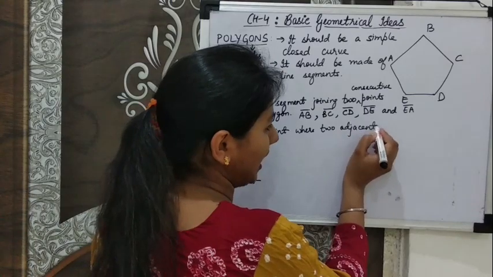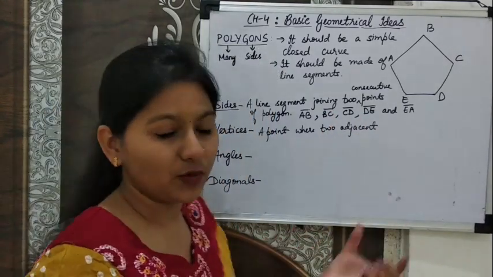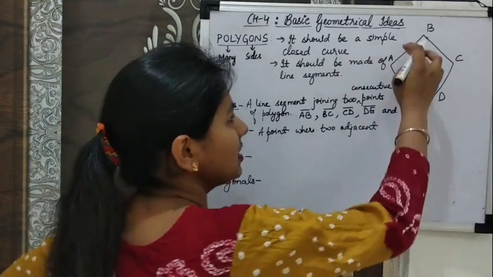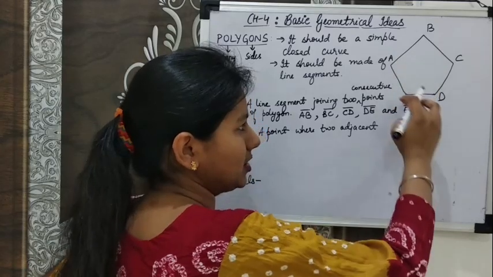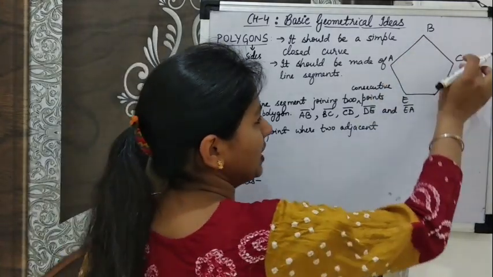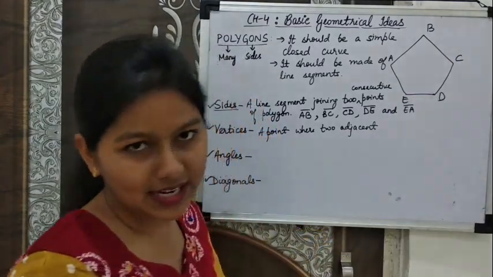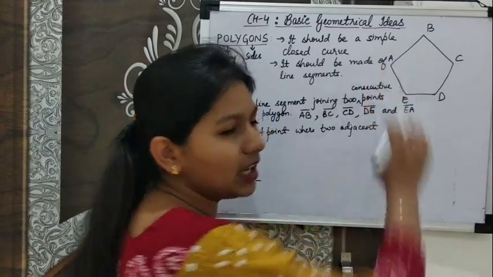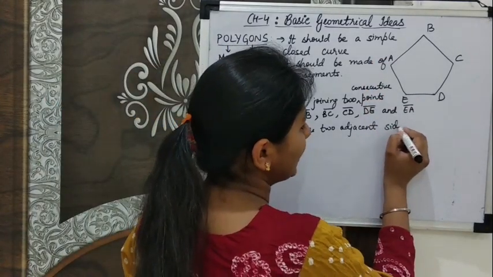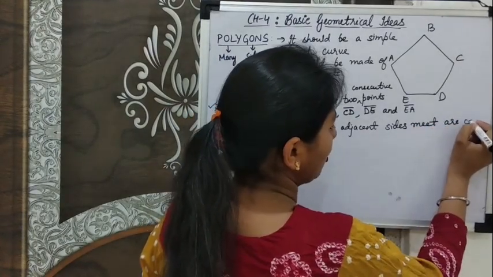adjacent sides, adjacent. अच्छा, ये कुछ नए नए words आ रहे हैं आपके आसपास, ठीक है? Adjacent. What is the meaning of adjacent? Adjacent means साथ साथ. ठीक है, जैसे ये और ये साथ साथ हैं sides. This and this are adjacent. BC and CD are adjacent. CD and DE are adjacent. DE and EA are adjacent. Okay, so a point where two adjacent sides meet are called